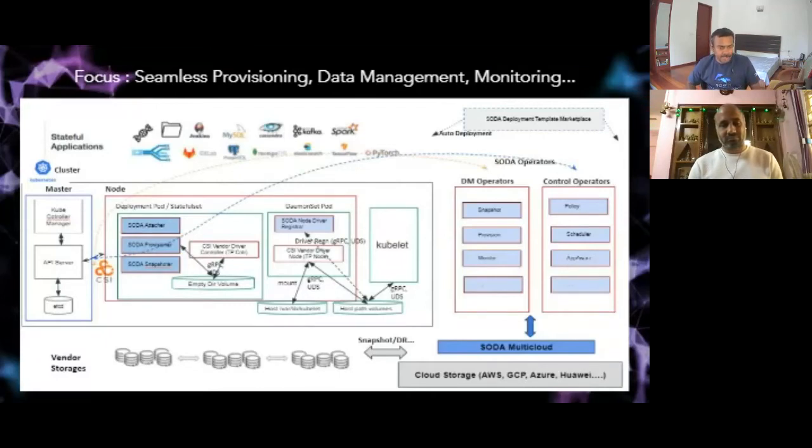Along with that, in the last release, on the right hand side, you can see operators. Instead of operators, we have something called SODA syncer. It is specifically right now working for the data protection part, but it can be used for monitoring and other kinds of features, bringing that in. So on the left hand side, this is exactly the CSI plugin architecture. On the right hand side, we envision that we can add these kinds of features outside CSI, so that with CSI we can give much more capability on data management, data monitoring, provisioning, DR kind of solutions across on-premise and cloud, and also edge. This is the idea.